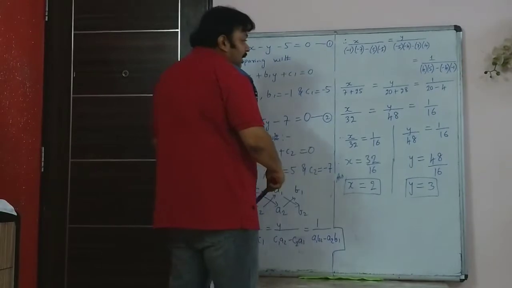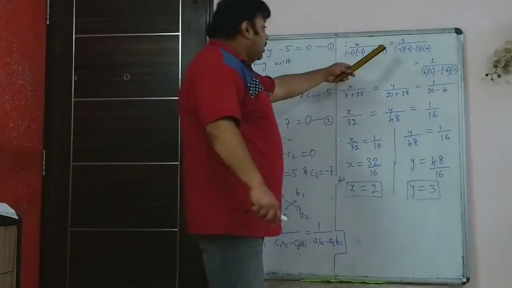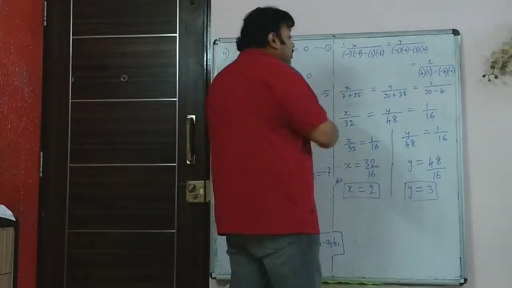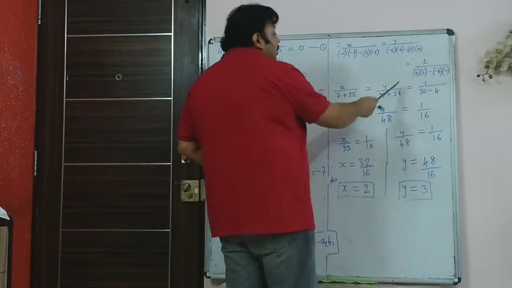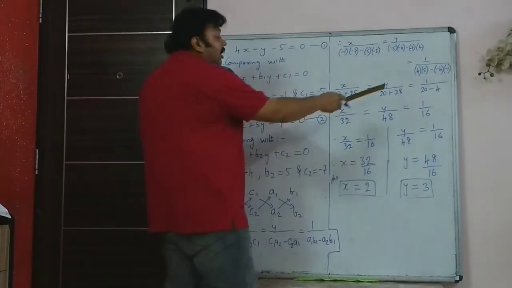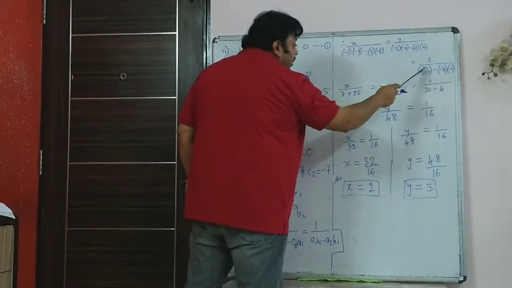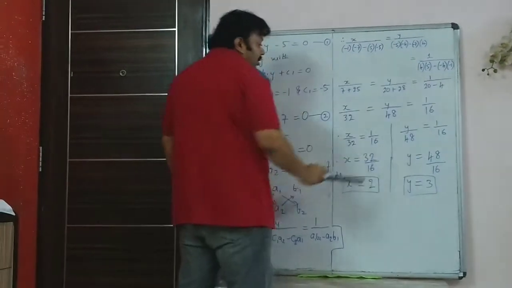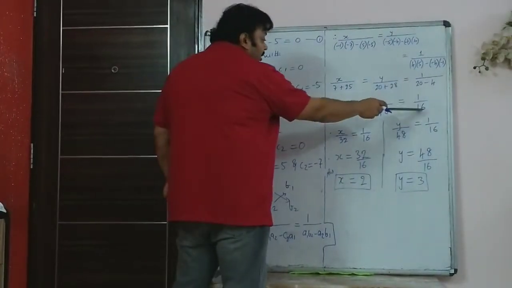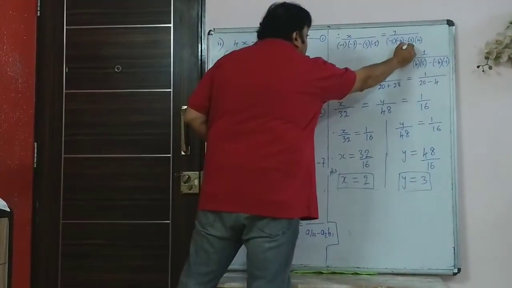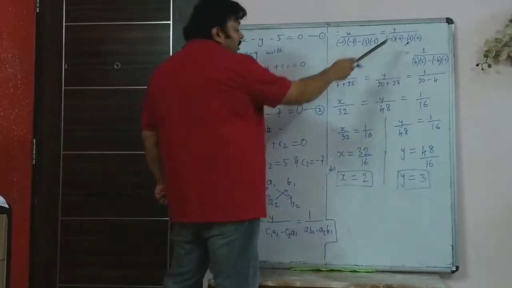So therefore you will get it as y upon minus plus 20. Here also minus plus 28 and 20. This is plus, then the minus sign is also there. So 20 minus 4. So this will become y upon 48 and 1 upon 16. So this is minus. So that should be minus, so it is plus. So it will become plus 28.